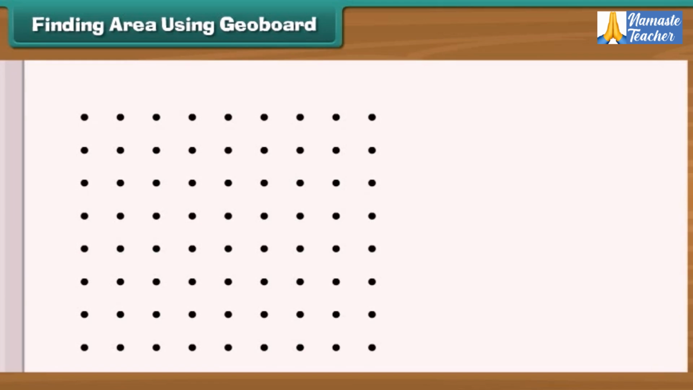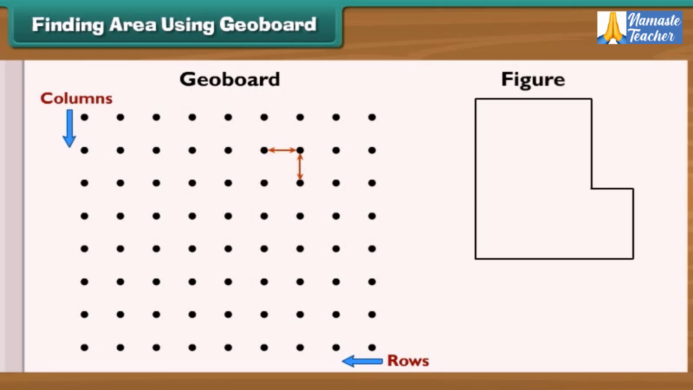Finding area using geoboard. Have you ever seen a geoboard? Look at this figure. This is a geoboard. A geoboard is created by placing dots in rows and columns. The distance between any two adjacent dots should be the same. Let's learn to calculate the area of the given